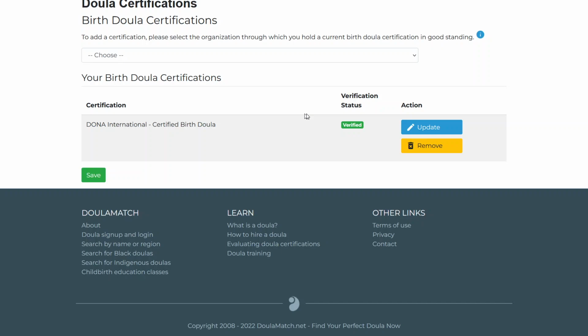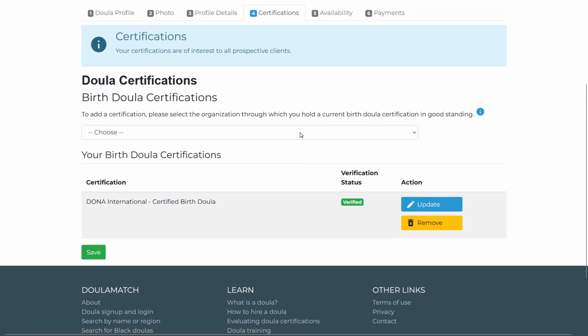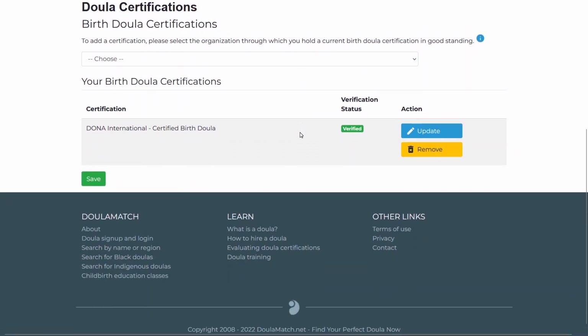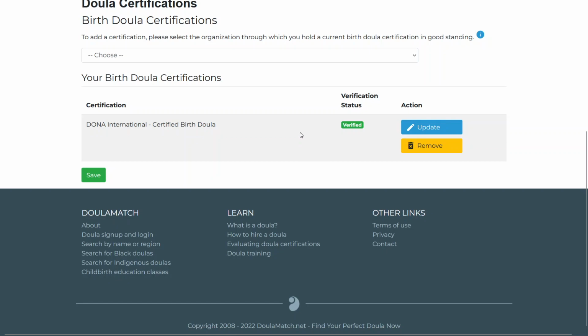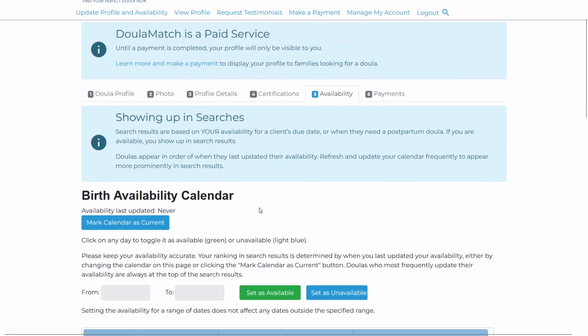And so that we can fully demonstrate the process here, I've gone in on the back end and approved this so that now it shows up as verified, so that when we later go in and view our profile, we'll be able to see that on the profile and not have it sit out there in just submitted state. We do verify these certificate images within 24 hours, so it's not very long to wait to get your image approved. Now let's move on to the last tab that we're going to go through in this video, which is